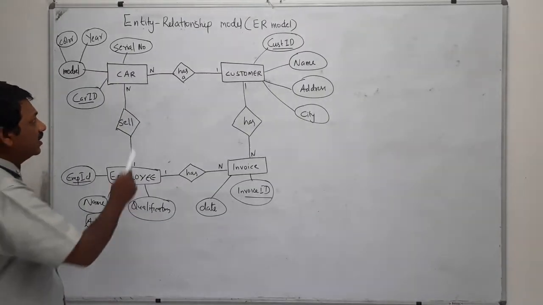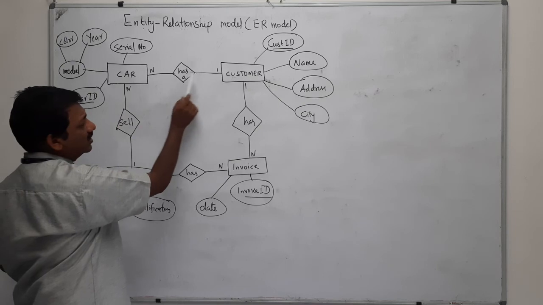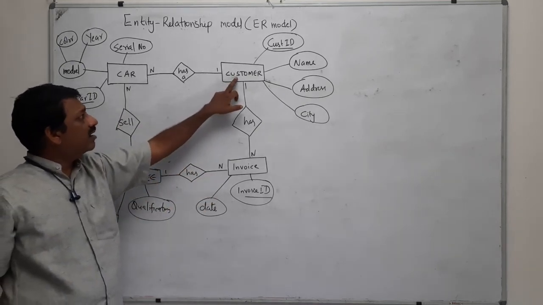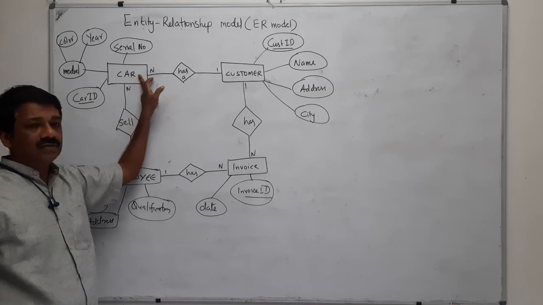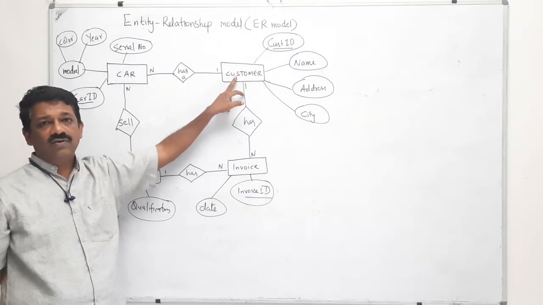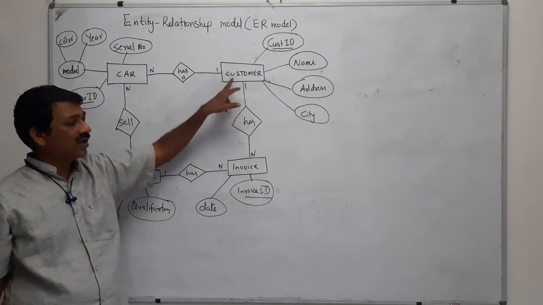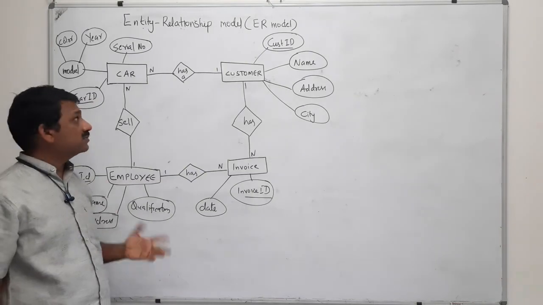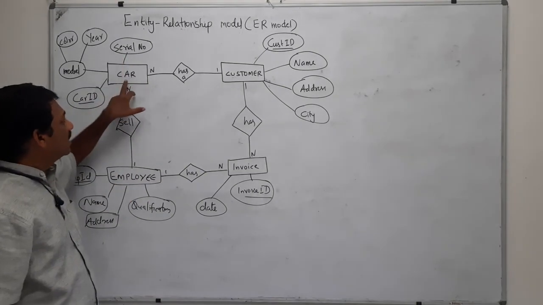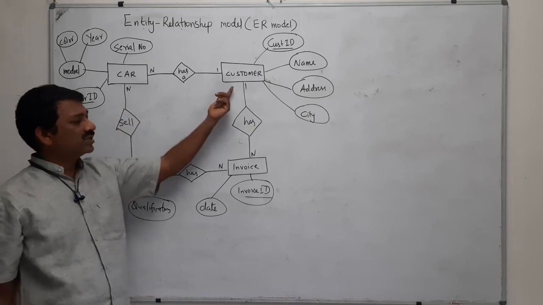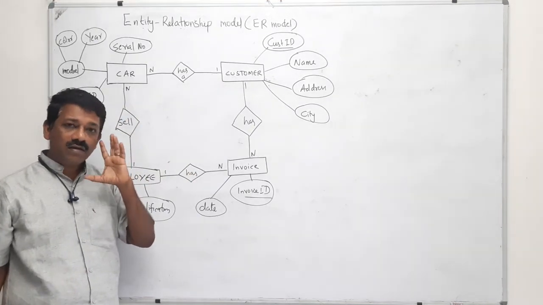That means here car has a customer, or customer has a car, meaning this customer can have multiple cars. There is no restriction for a customer on the number of cars they can buy. A customer can have many cars, but here one restriction is that this employee is selling this car to some customer, and at this point in time